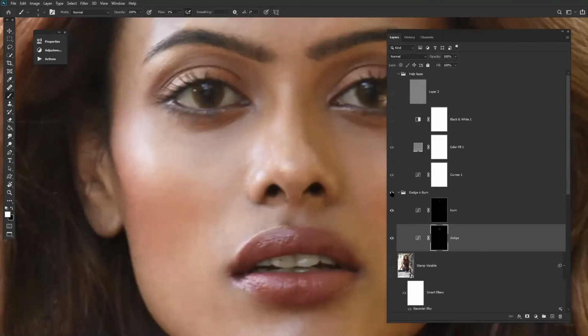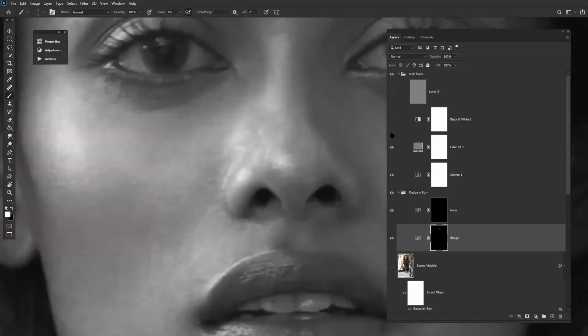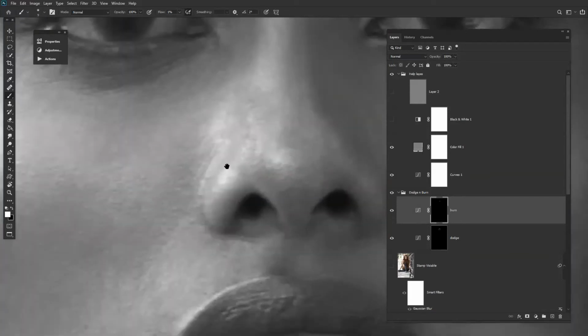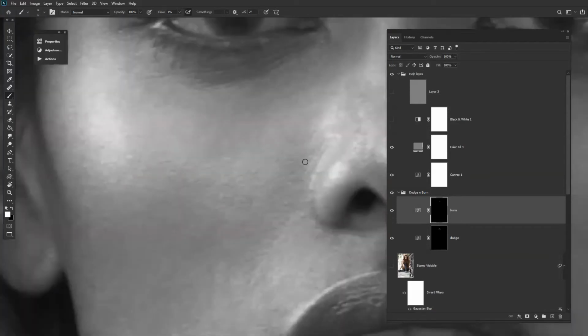You can see now the nose area. Now we will do a little burning in the highlighted dodge area. We'll zoom in a little. This is a very odd area. We will try to merge the colors over here. Yeah, fine.